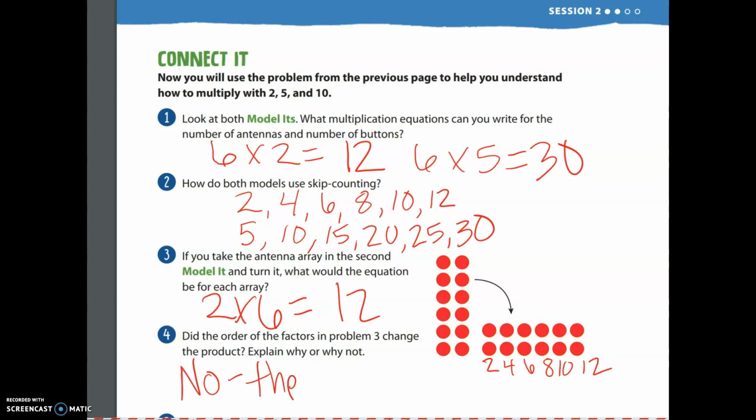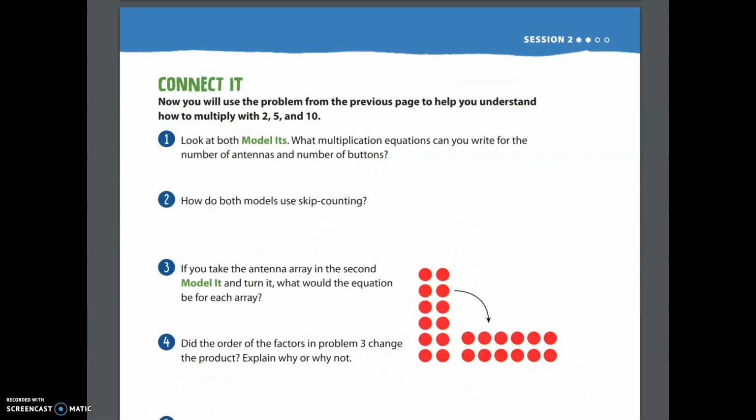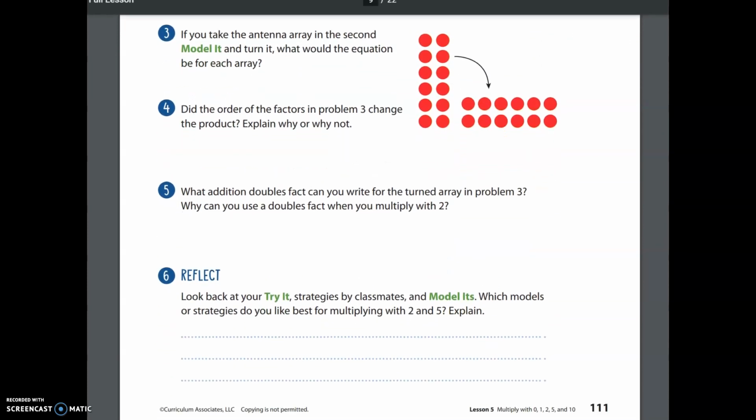because the number of counters was the same. We didn't change how many we had. So even though we changed the order and we said we're going to do 2 times 6 instead of 6 times 2, we still got 12 in both cases. Okay, hit pause if you need to keep writing. Okay, so number 5 on this page says,